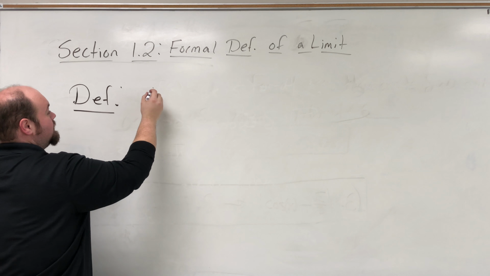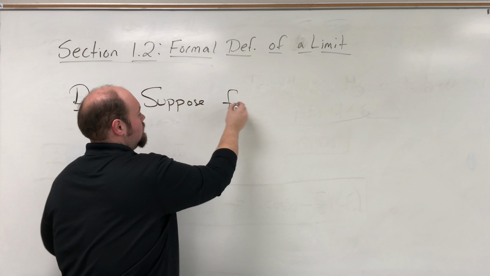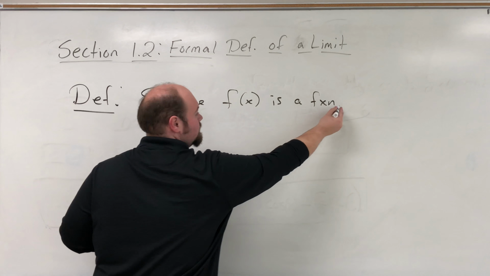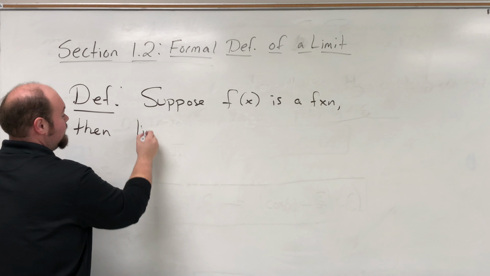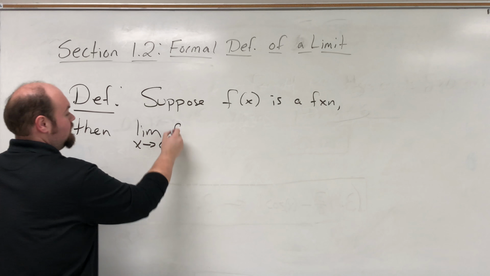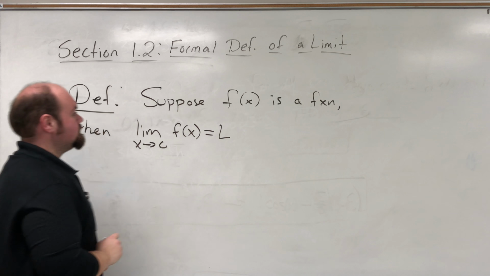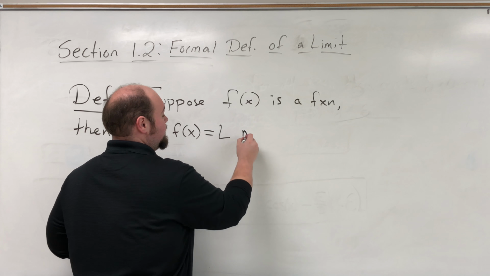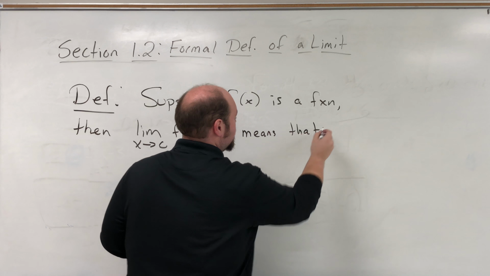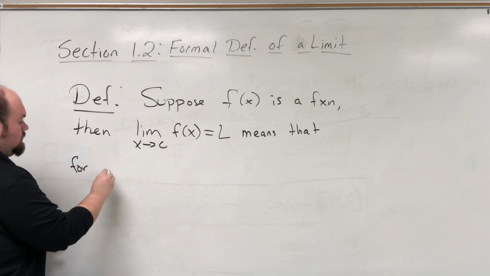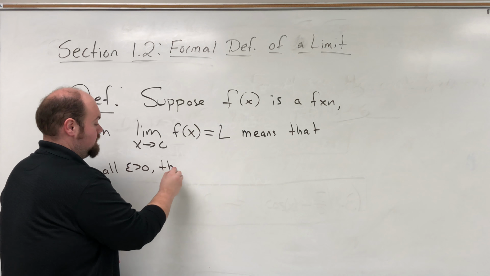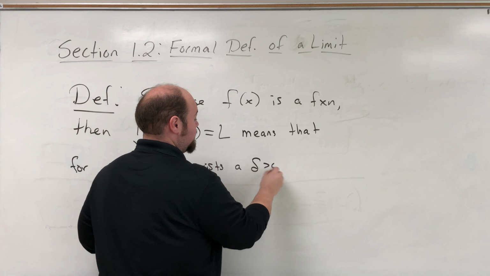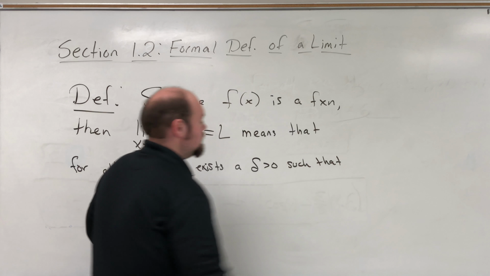So suppose f of x is a function. Then we say the limit as x approaches c of f of x equals L. So this is right, the limit as x approaches c of f of x is L, means that for all epsilon greater than 0, there exists a delta greater than 0 such that